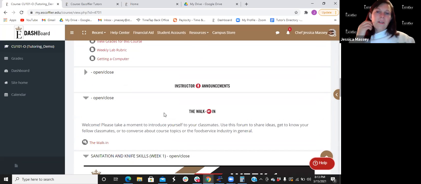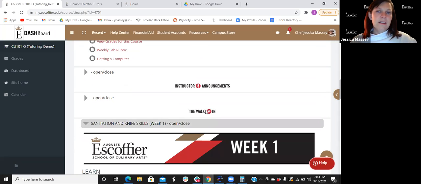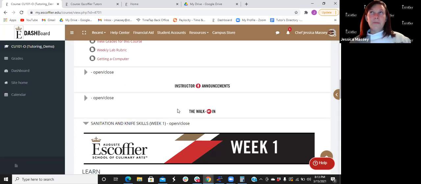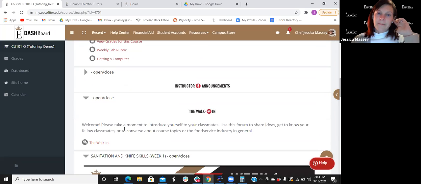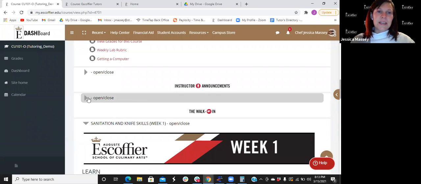Walk-in. I feel like each chef utilizes this a little differently, but think of it like a Facebook group with your classmates. Essentially that's what it is. You can post on here, you can ask questions. This is a great place to just converse with each other and talk about different things. This is typically, at least not recently, as far as I know, could be wrong, they're always changing things, not a graded thing. So it's not a requirement, but you can use it